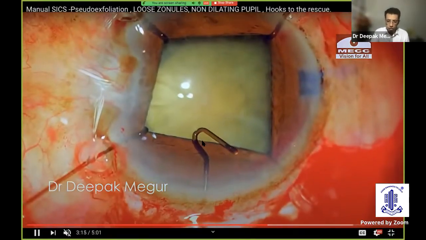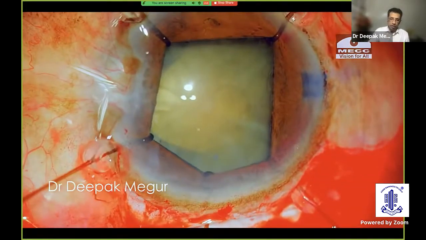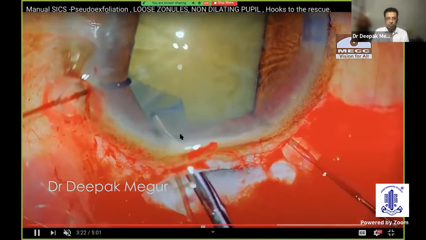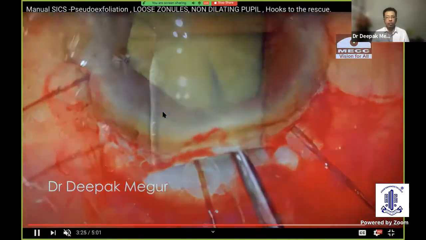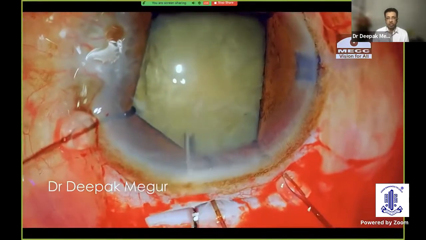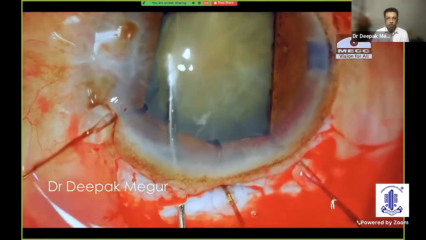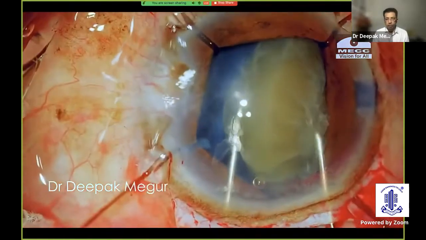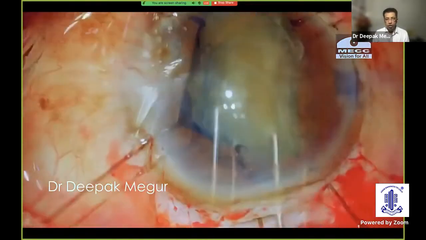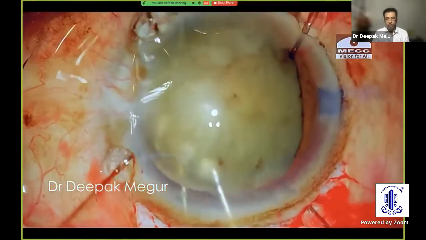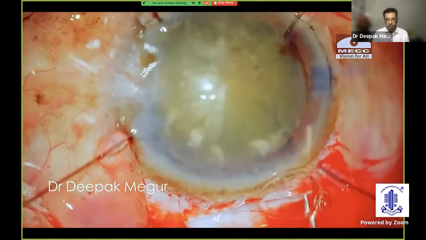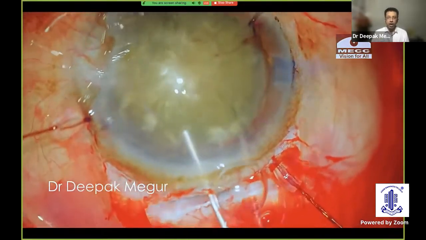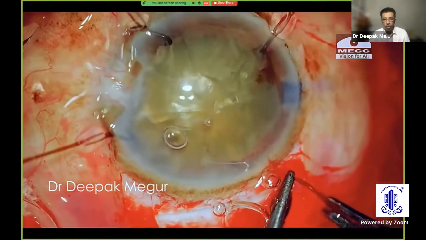I want to put in another hook here, and it is introduced obliquely so that I don't engage the rhexis margin. Then I want to enlarge this part of the rhexis. Now I'm sure that I have a big enough rhexis. After doing a gentle hydrodissection, ensure that the corticocapsular adhesion is broken. Using a bimanual technique with two Sinskey hooks, I manipulate the big nucleus out of the bag. The superior hook comes out now. I'm creating space under and above the nucleus by using sodium hyaluronate.